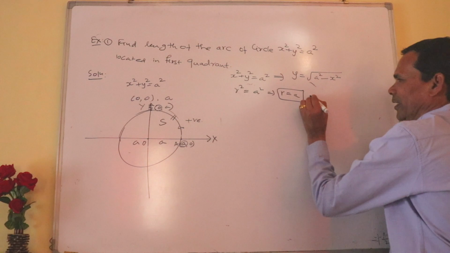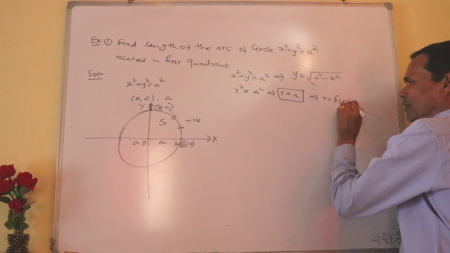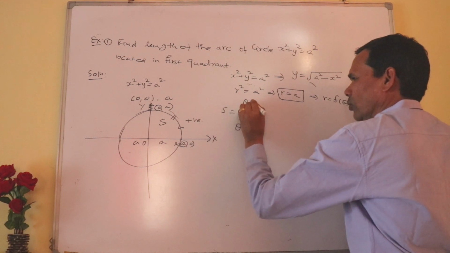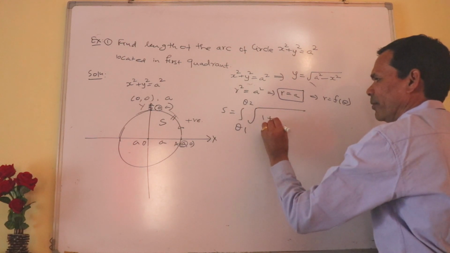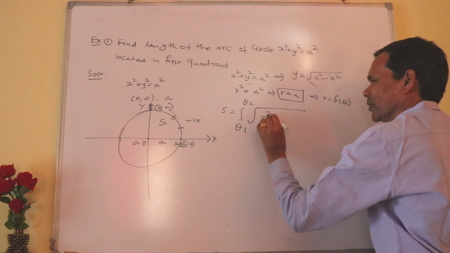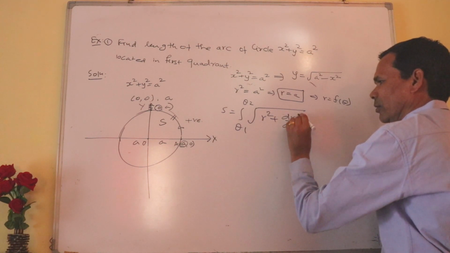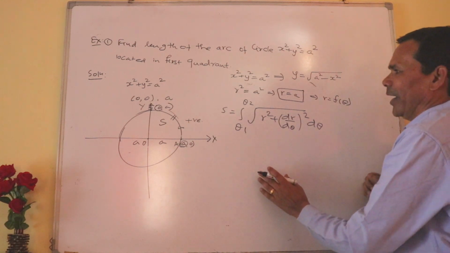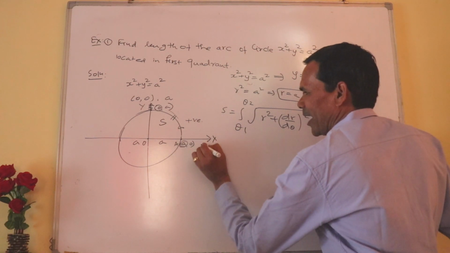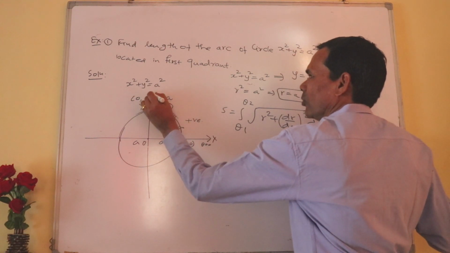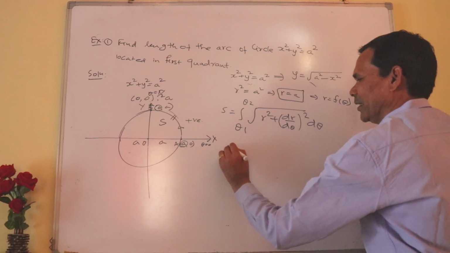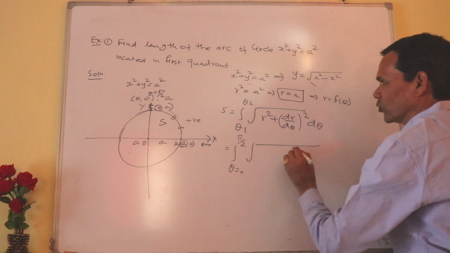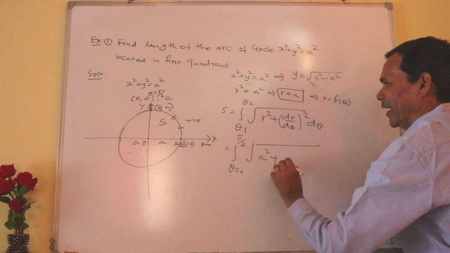So r is equal to f of theta, I am using r is equal to f of theta. So s is equal to integral from theta 1 to theta 2 root of r square plus dr by d theta bracket square into d theta. So I put the values here and get theta varies from theta is equal to 0, this line, and here it is theta is equal to pi by 2. So it's the same limit, theta from 0 to pi by 2, root of r square means it is naturally a square, and dr by d theta,